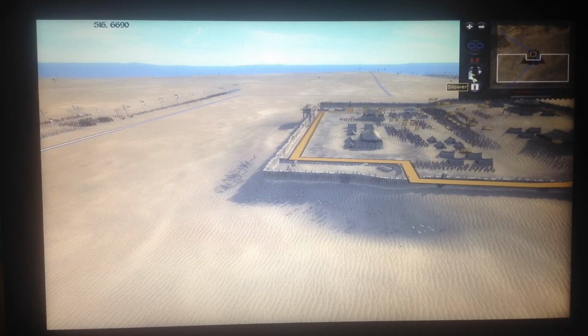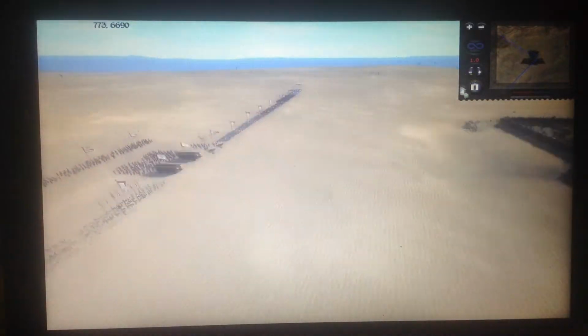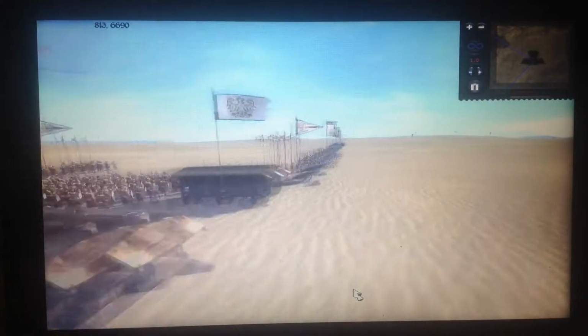This is a rather quicker battle than most of the battles so far. The Egyptians have a strong army going up against a strong one. So here we go, the battle has now officially started. We're going to take a good look at how we've got the